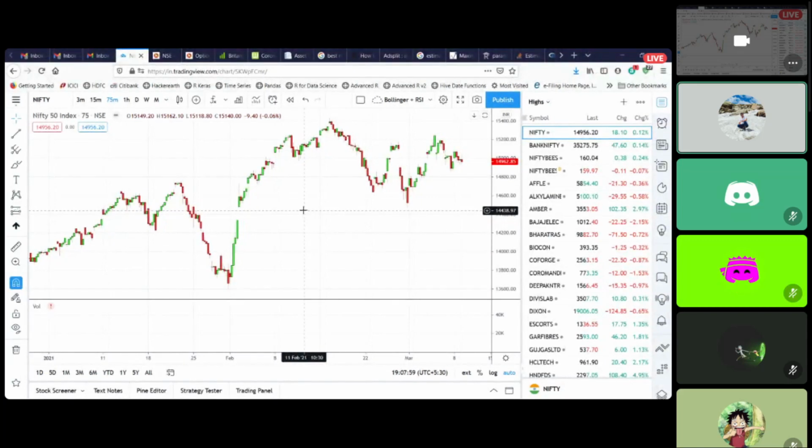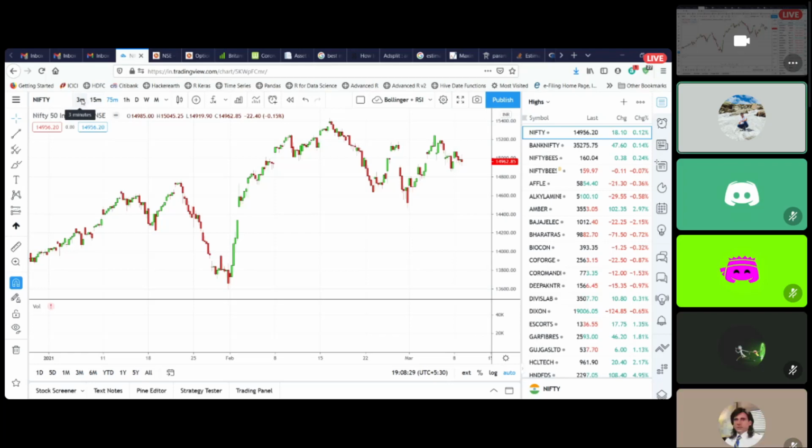Okay. So for looking at the charts, I primarily use TradingView almost exclusively. In that, I have my own watchlist setup here. The main time frame that I use for swing trading is 75 minutes. Why 75 minutes? Because it divides our total NSE session of 6 hours, 15 minutes into exact 5 75-minute candles. So it gives me a proper reference into factors of 5.